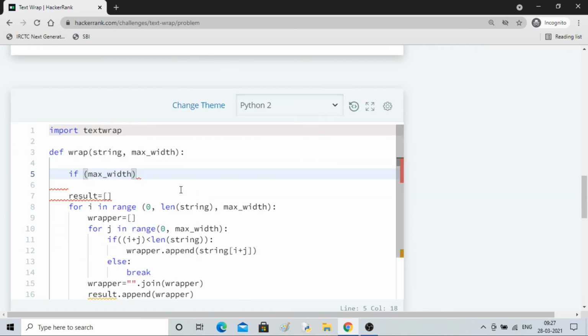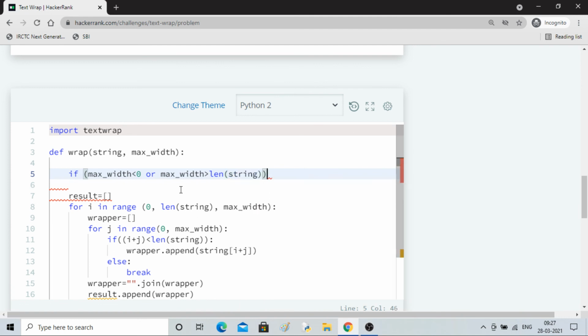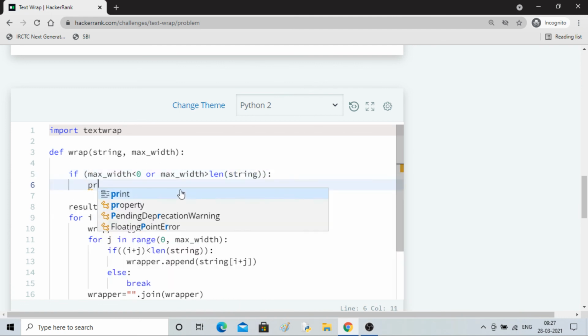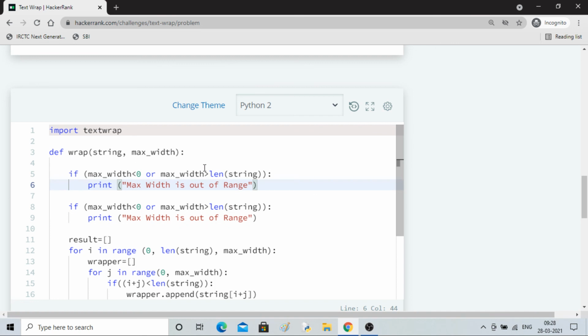If max width is less than 0 or max width is greater than length of string, then print max width is out of range. Now the same condition I'll apply for string length as well.